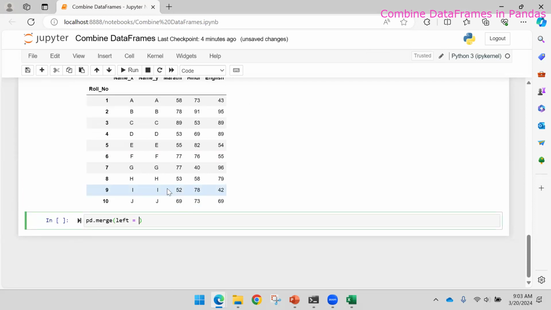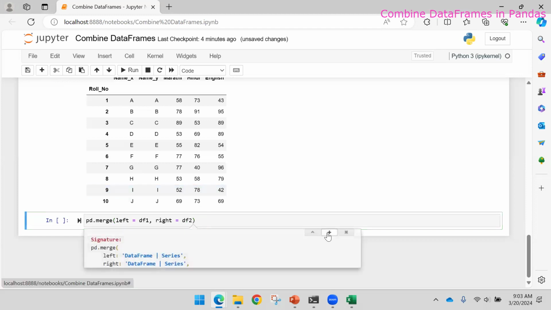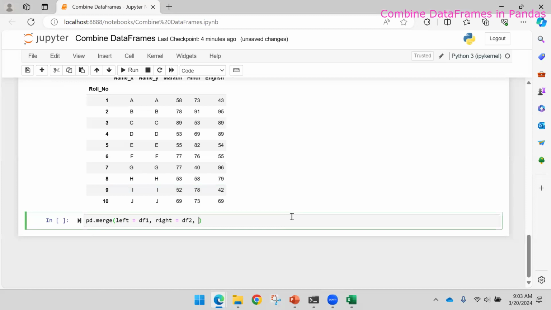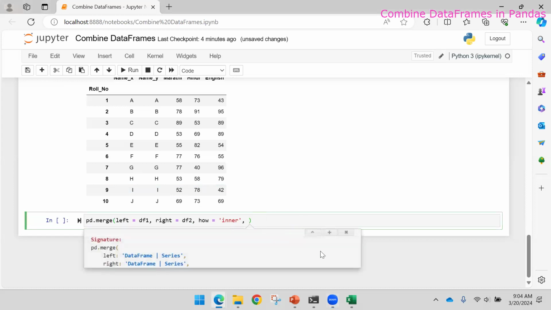If I call this from pandas, left is df1, then right is df2. You have more options here to define how you want to perform the joins. Then how is of type inner, the default one is inner, and you can specify another one also. So if I say inner,